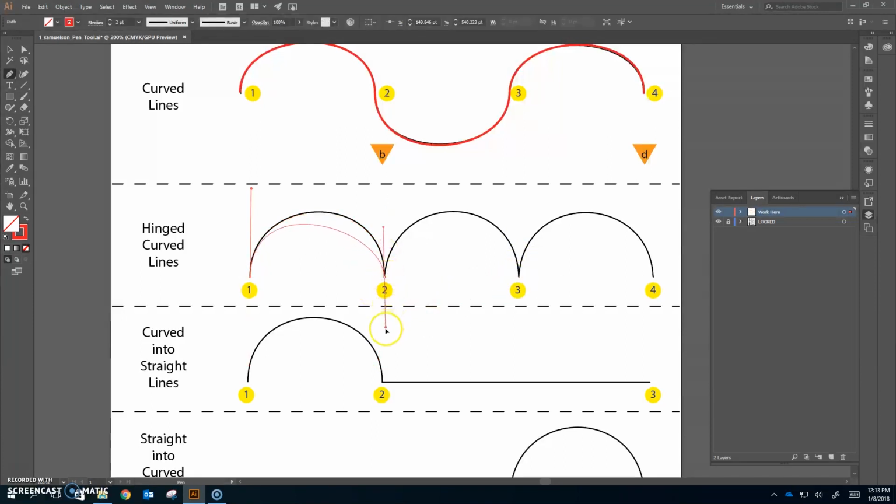I'm going to click and drag. What I'm going to do is hold my Alt key down. And now look what happens when I move with the Alt key down. It takes the other side of that Bezier handle and allows me to bring it up to match where the original one is. So then I can let go of my mouse, let go of my Alt key, and